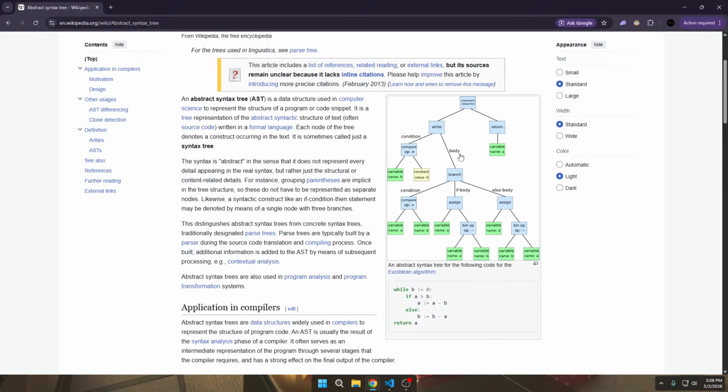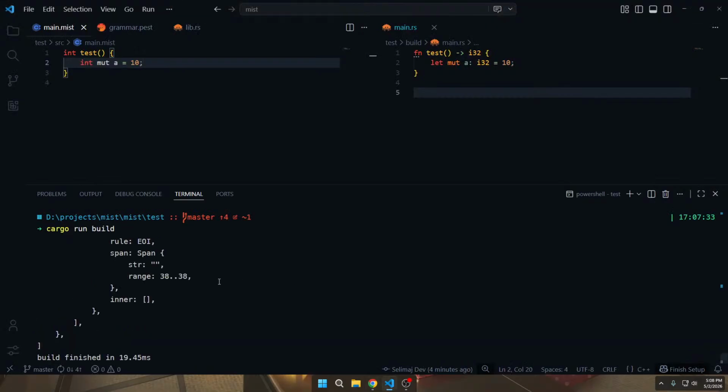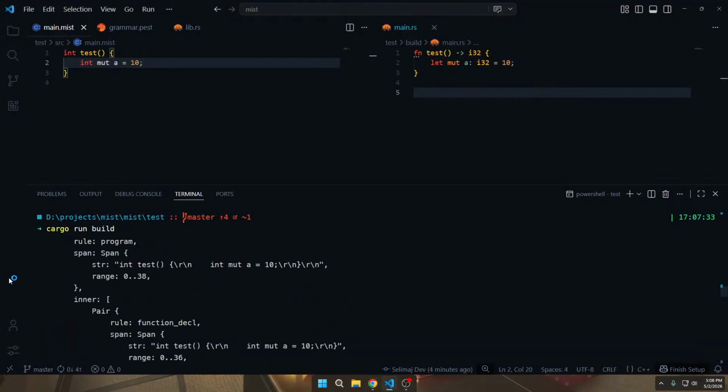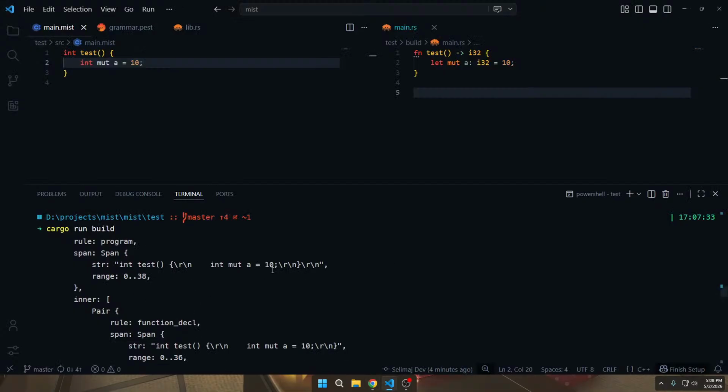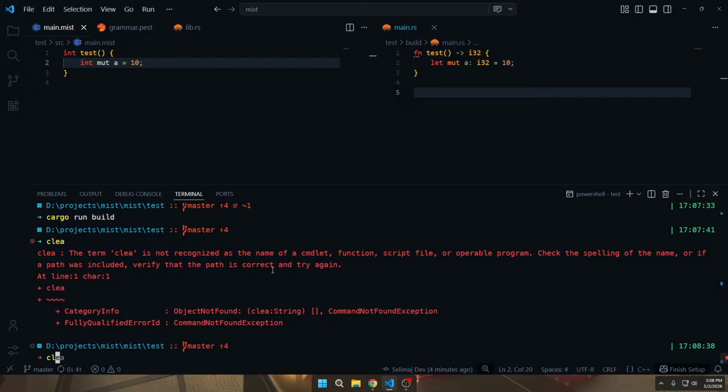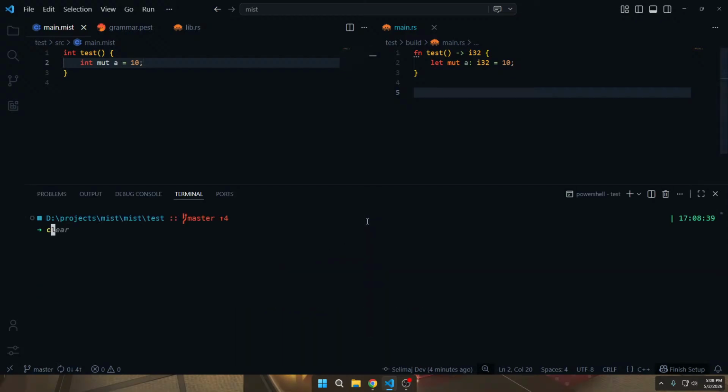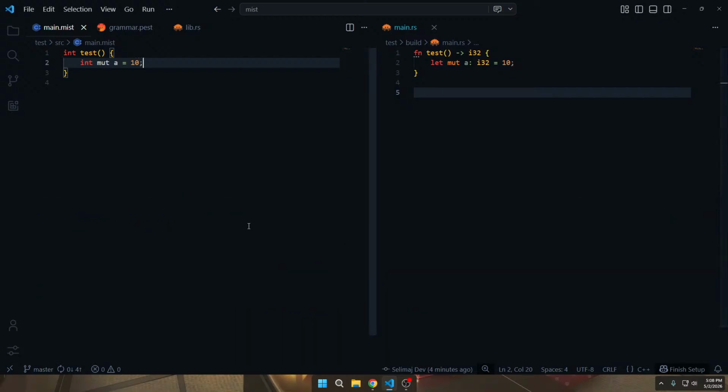It's basically this. This and this. So we have a working AST now. We have a sort of working AST, but a lot of this AST is actually pretty